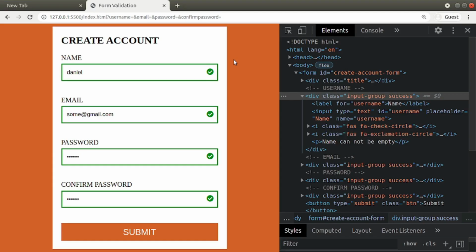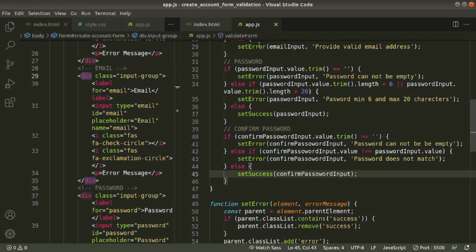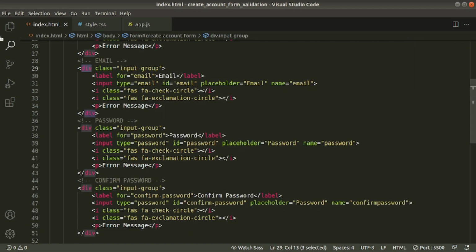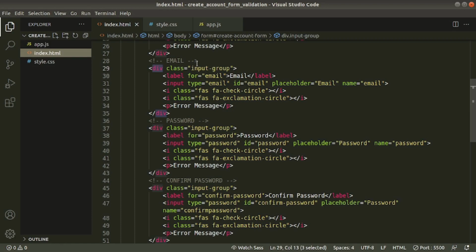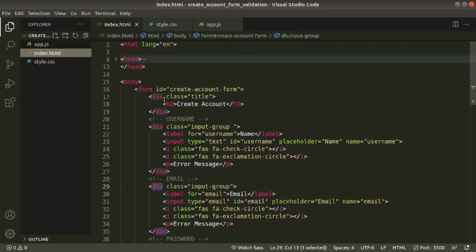In the second part we will submit our form. In order to submit our form, we need to do a few modifications inside our code. Go to editor. Here first I'll close all, open file window. See, this is our form.